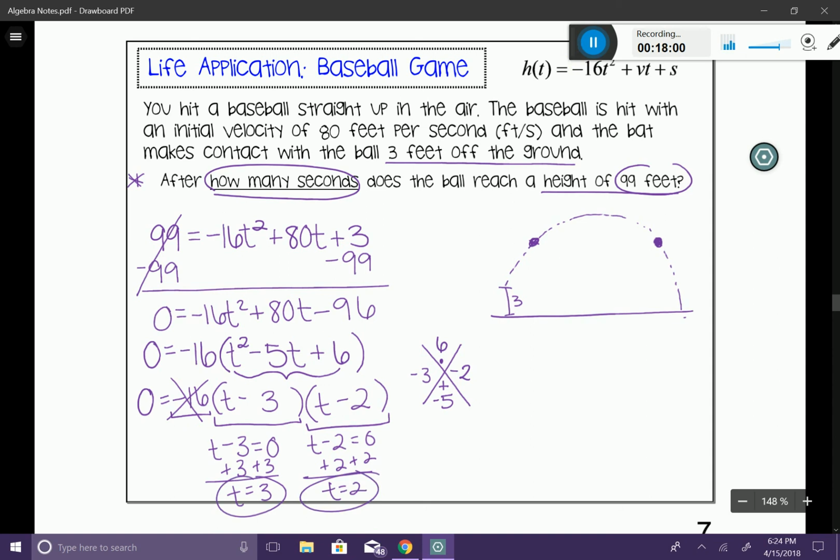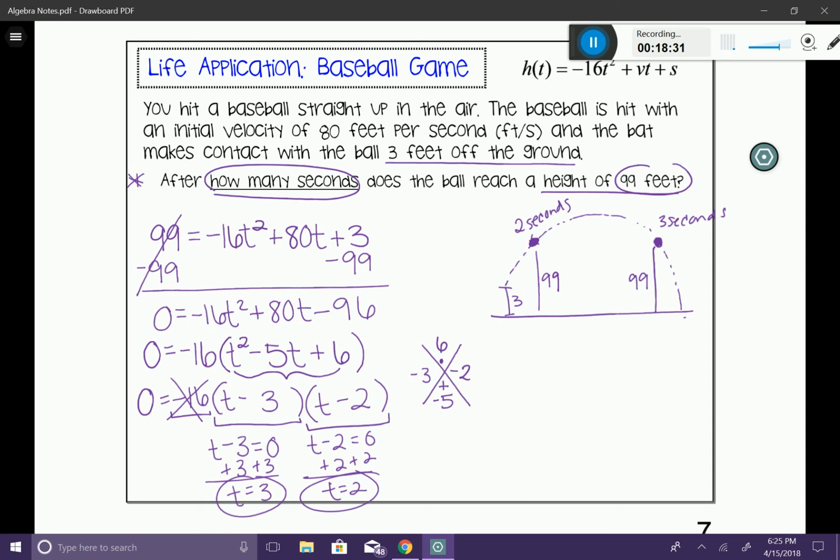At 2 seconds, you can see that it's going to reach that first 99 feet. Again, this is 99 feet above the ground. But then it's going to be 3 seconds for it to reach the second 99 feet. So depending on the question, this particular question just asks us in general, how many seconds will it take? Well, it'll take 2 seconds to reach the first height, and it'll take 3 seconds to reach the second height